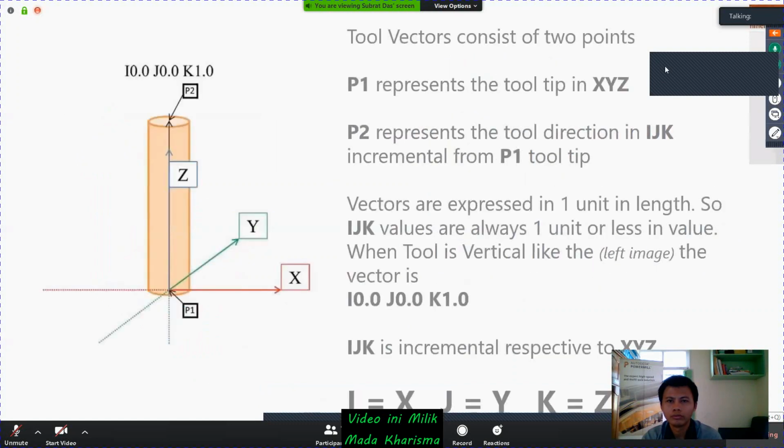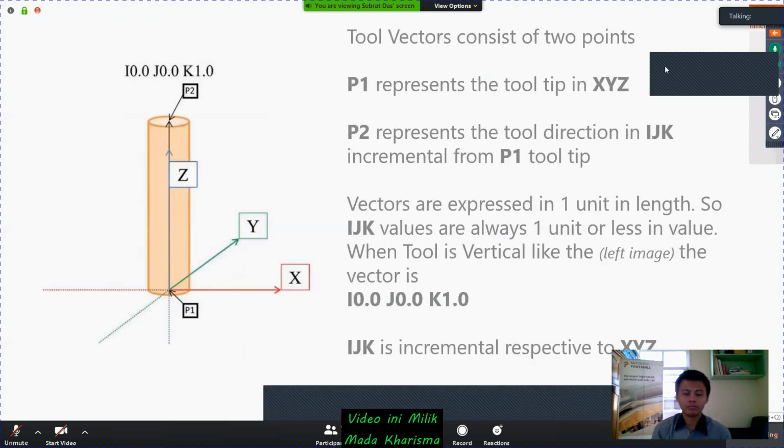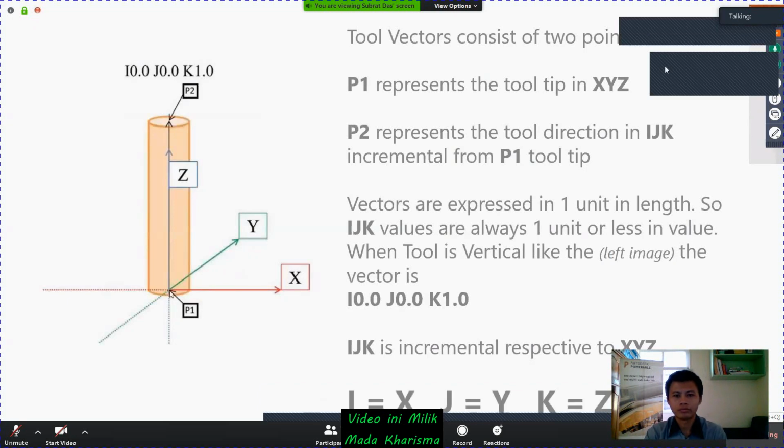We usually use the word vectors. It's generally for 3-axis. Think there is a point at the tool end, P1, and a point P2 at the spindle side. So X, Y, Z axis.